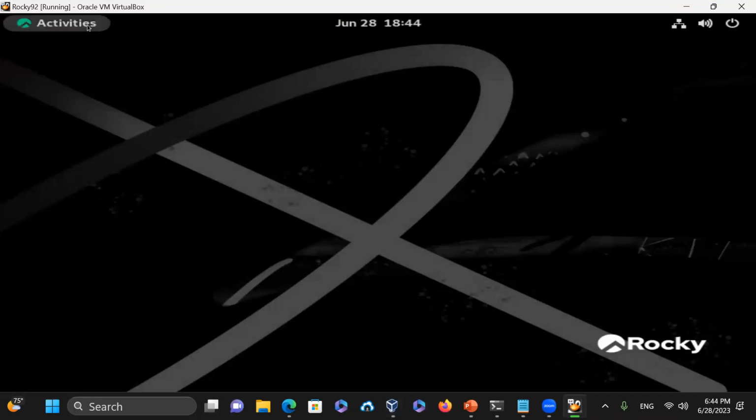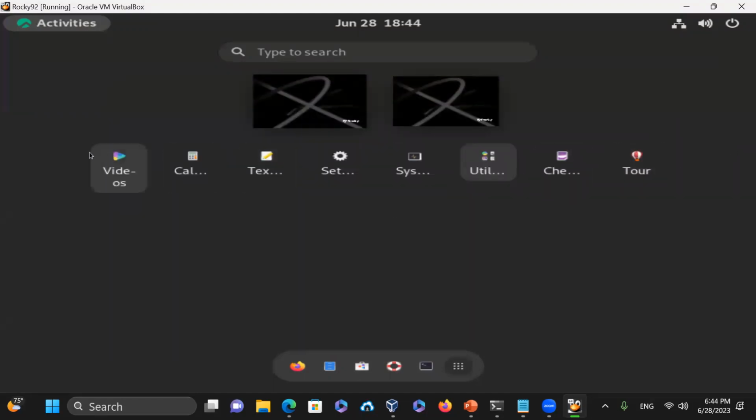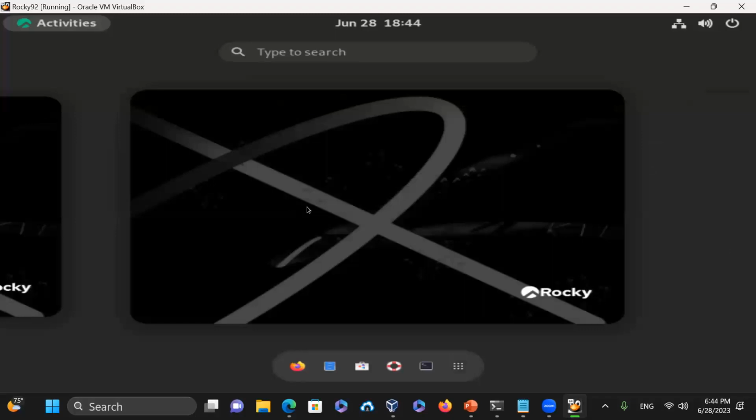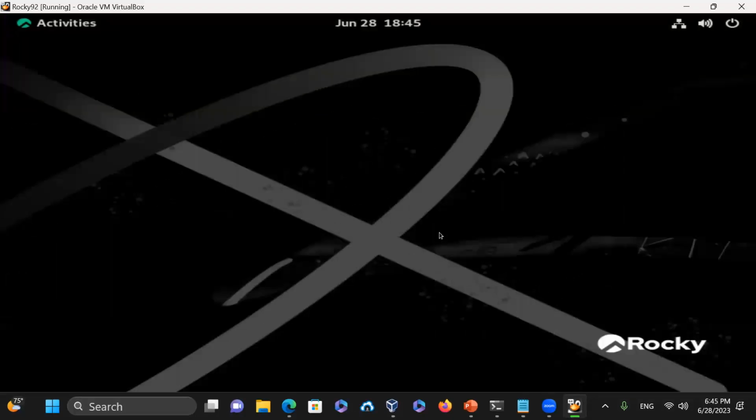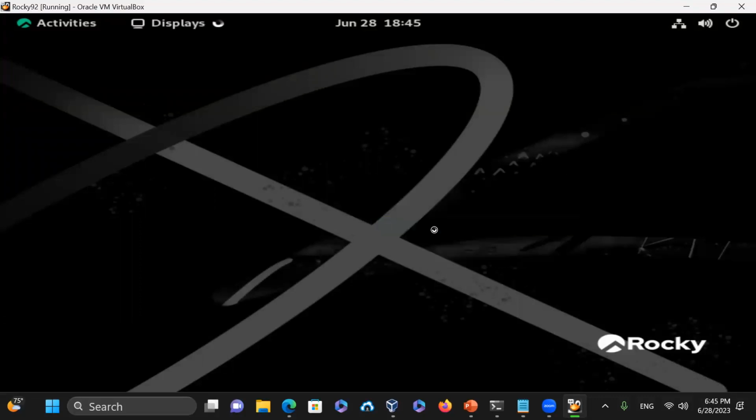I can also click here and open a terminal. Notice that here is Firefox, File Manager, Software Updates, Help, Terminal, and Show Applications. On the application side, all of these are available. But notice on the application side, you can't see much. So what I could do is right click here, and then when you right click on the screen, let's see, at this time it's not taking right click, and now it does. So if you right click and say Display Settings,